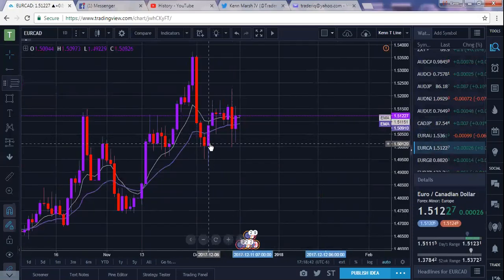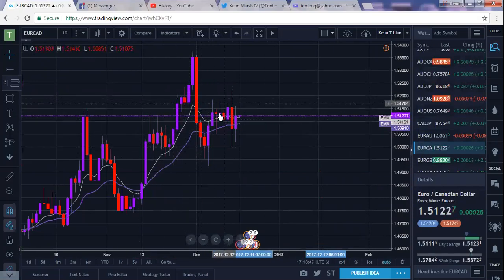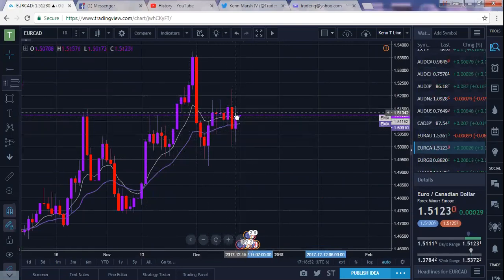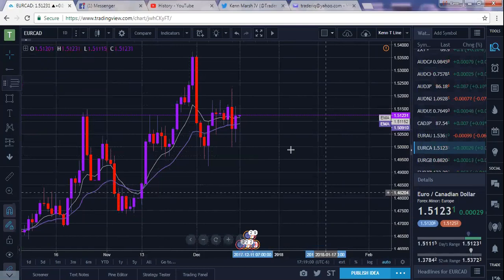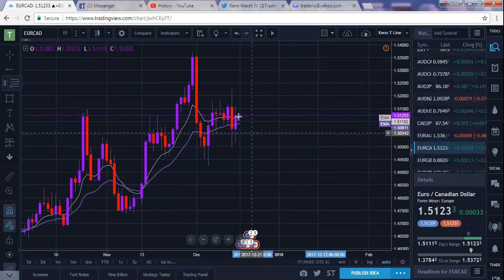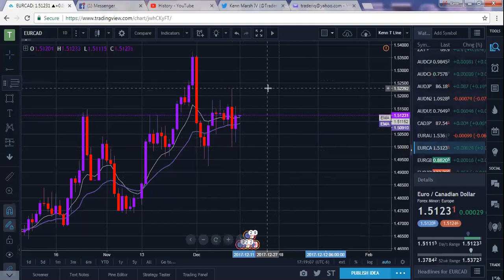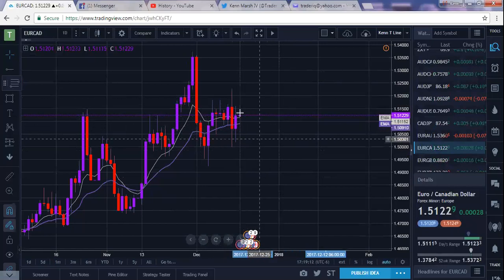EuroCAD's another I'm watching. Again, CAD's weak, but Euro's also starting to weaken. So you see we get a lot of sideways action here. We got a little bit of Canadian strength, but then it pulled back up. So the Canadian strength is kind of moving up and down towards the downward side. So I don't think this is going to go anywhere this week. If it does, it's just going to be a little blip up for maybe the banks need to convert some money over for some large businesses, but I don't think it's going to be any actual institutional order flow for entries. So I'm going to move on to